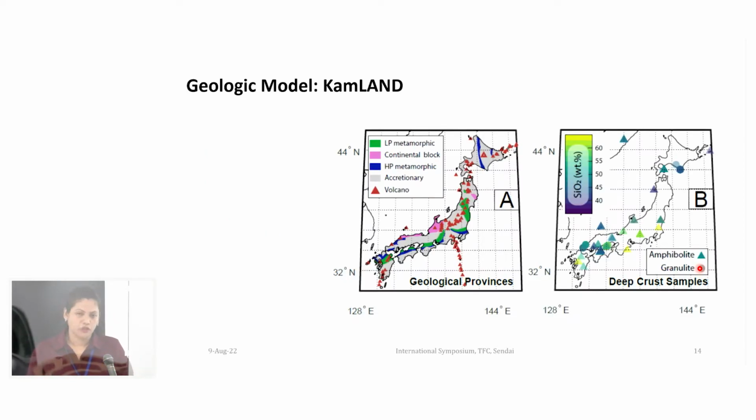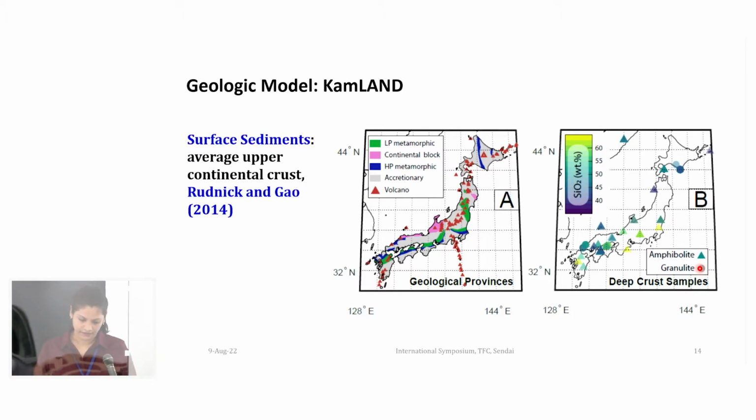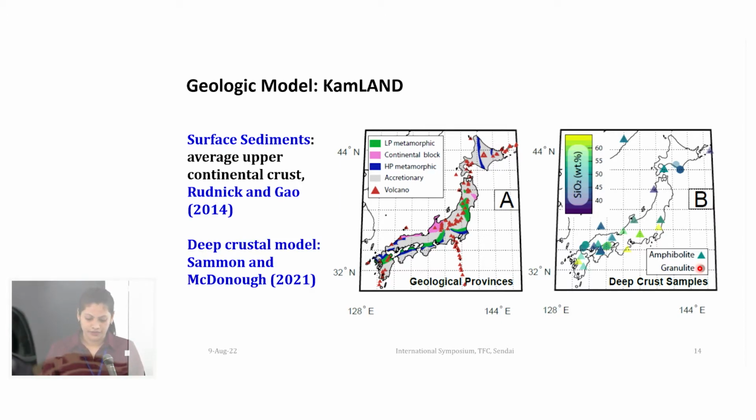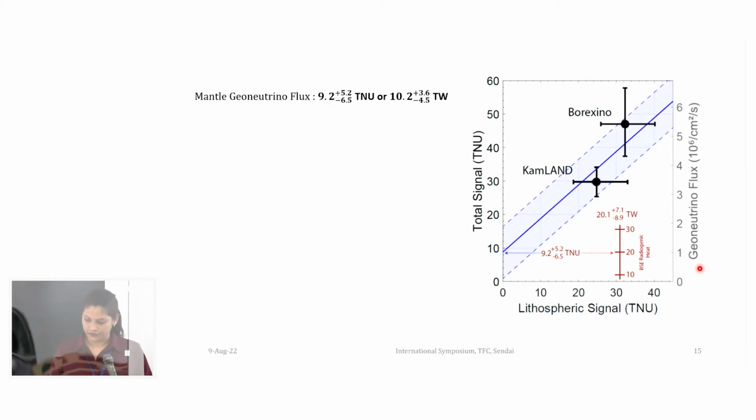There is also an attempt going on to revise the geological model of KamLAND, again by McDonough and Sammon. They are revising the near lithology contributions, and their surface sediments are similar to the upper continental crust proposed by Rudnick and Gao, and their deep crustal models are revised from the study by Sammon and McDonough. So after revising this model for KamLAND, they have,